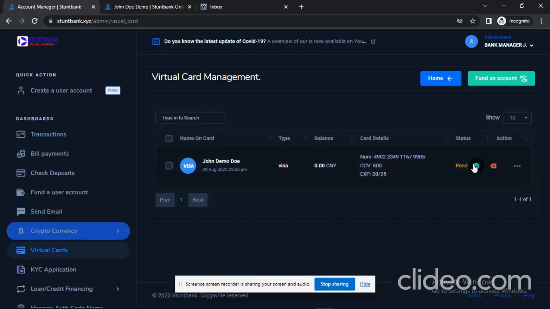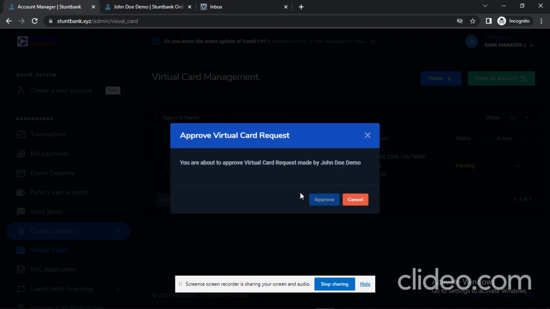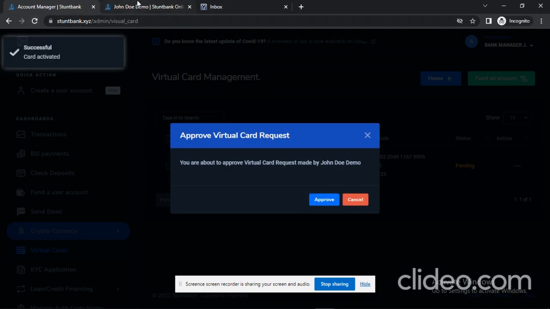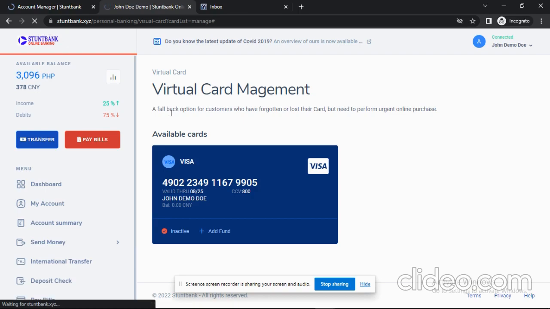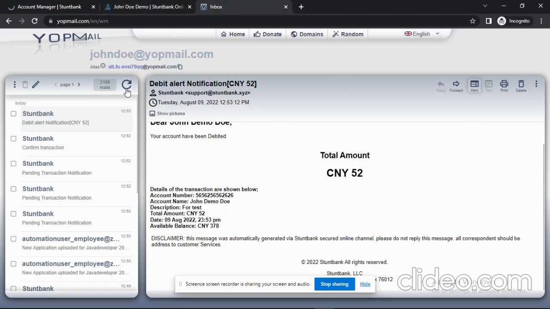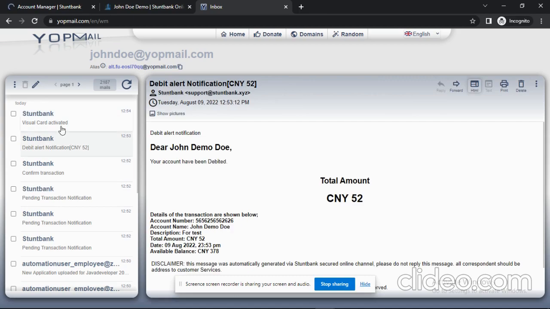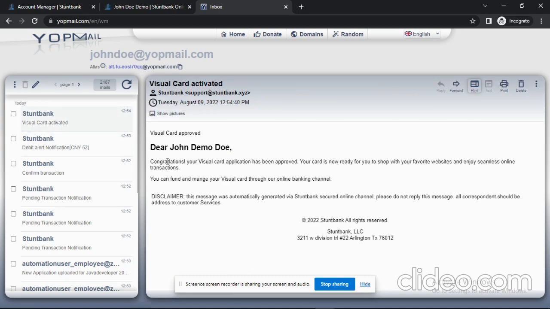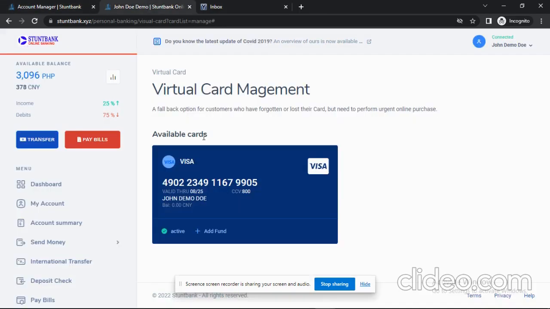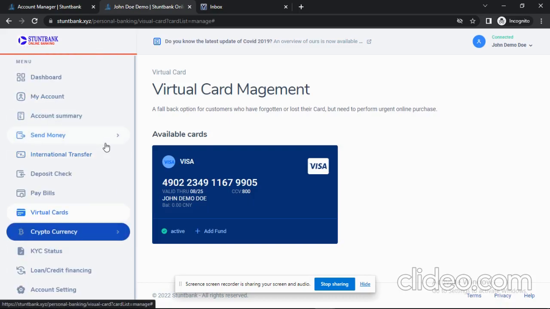And this is the virtual card we just applied for. Approve it and refresh again. You see the virtual card is now active. We refresh it. Virtual card activated. Okay, so the next step is